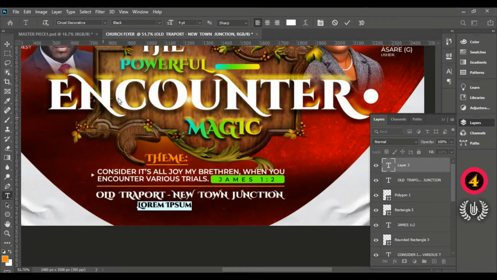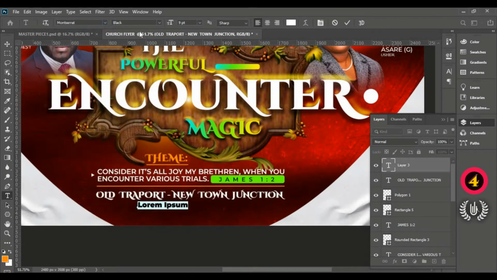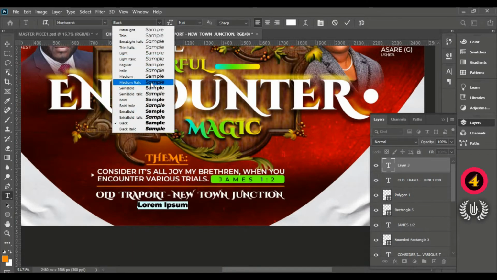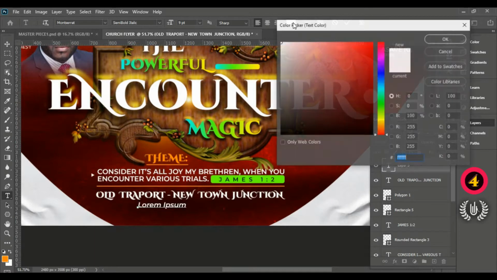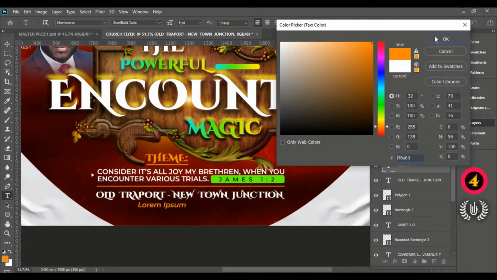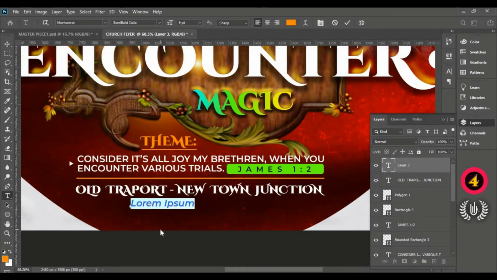Take your horizontal type tool again, and we are going with Montserrat this time. We are going with Montserrat semi-bold italic. From here we are going to just sample this yellow color. You have the code in the details, so we are good to go. Okay guys, so here I'm going to just type in